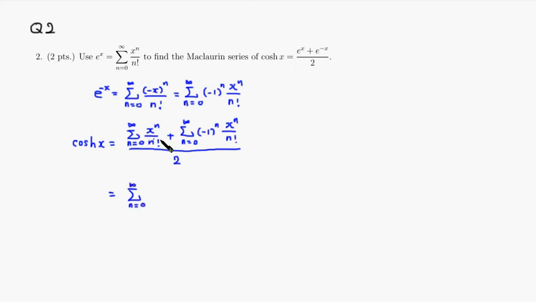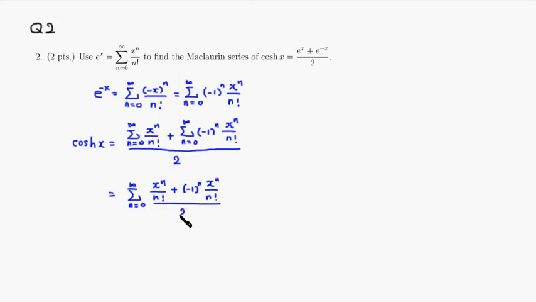On top, what you have is x to the n over n factorial plus negative 1 to the n, x to the n over n factorial,